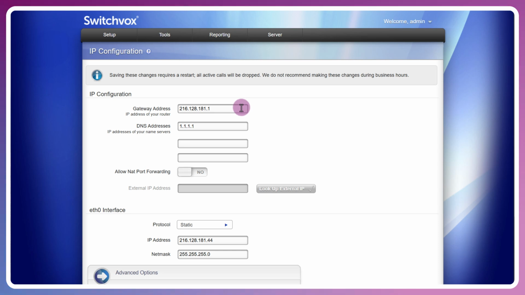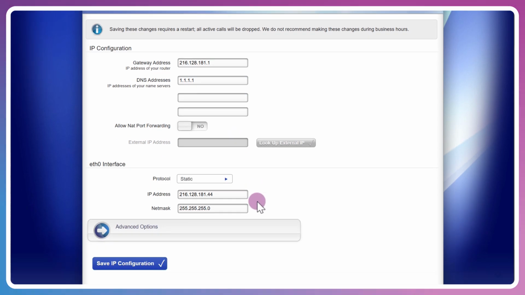Now, when you need to change that information, you can go ahead and do so by popping in the new gateway address, your DNS servers, and the IP address and net mask. In my case, the Switchvox IP address is a static IP as opposed to DHCP. This isn't a specific tutorial on networking, but generally you'll have a static IP address for the Switchvox, so that doesn't change. Now, that's not to say that DHCP cannot have reservations assigned specifically to the Switchvox, so certainly assign that as you prefer.